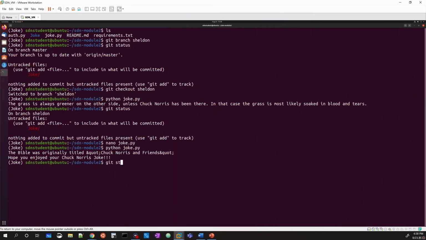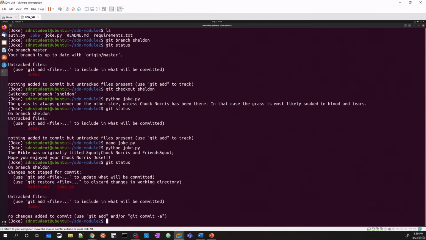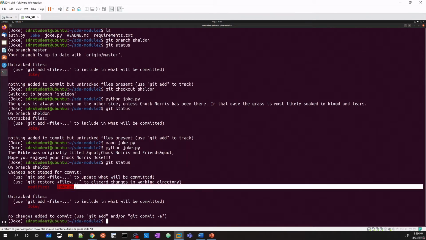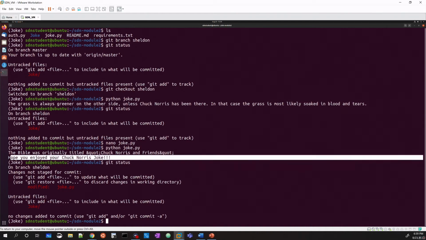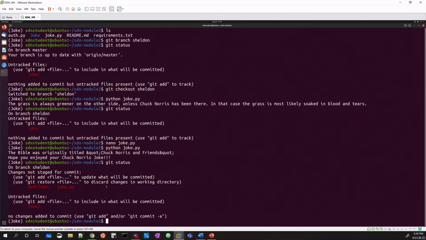If I run a git status command, it's going to let me know that my code has now changed or been modified. So you can see joke.py has been modified right here, and it gives you even a few options on where to go from here. Right now my Python virtual environment is untracked, and I want to keep it that way. But I have changed my joke.py file, and I've tested it and it works properly by displaying the message to the end user after the joke actually runs. So I want to keep that and